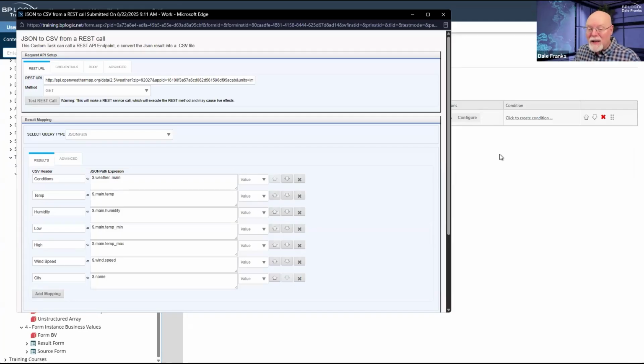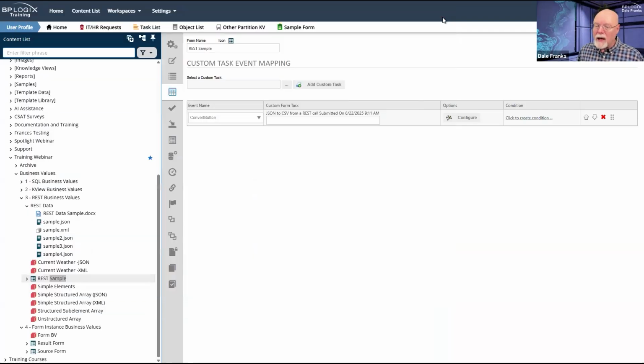So it can actually take our JSON and convert it to a CSV file and store that for us in the content list. Once we have it in a CSV file, we could actually import that directly into Excel or save it as Excel and import it into our internal user database or what have you. But we can actually do that direct export, so that's built into the form as well.